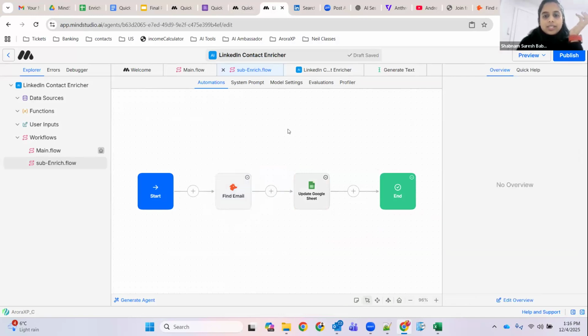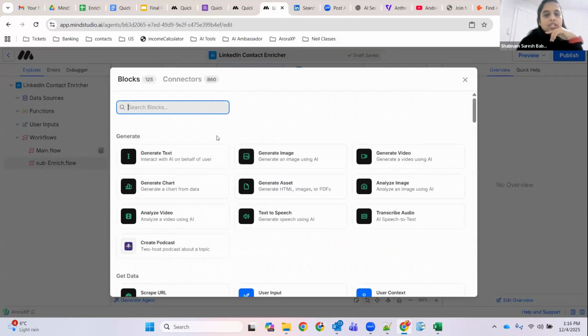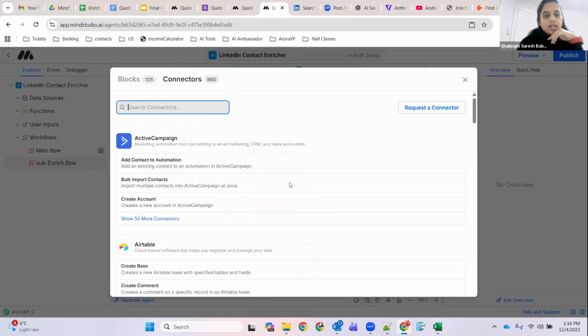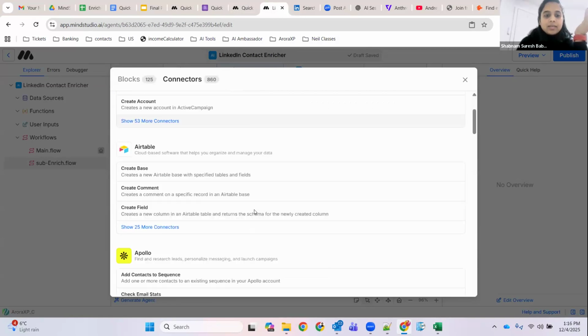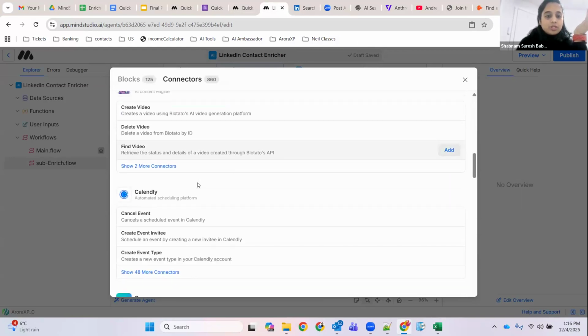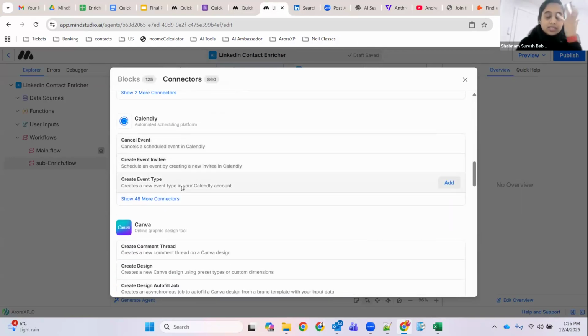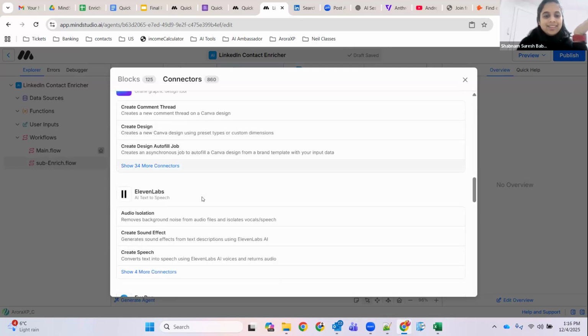So to show a quick example, here when I click on new block or view all blocks, you can see the different third-party applications MindStudio can connect to. There is ActiveCampaign, Airtable, Apollo. There are like 860 connections. Calendly for all your calendar events. If you want Canva, this is something that I requested.